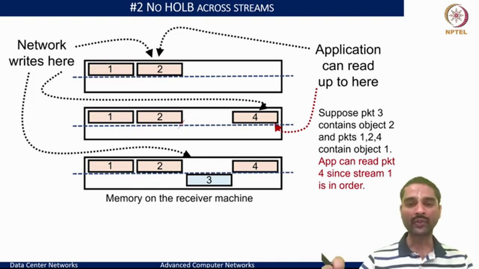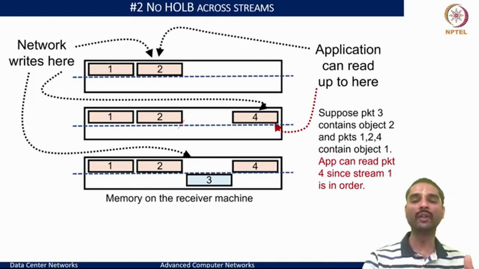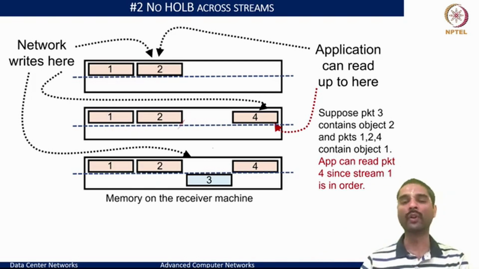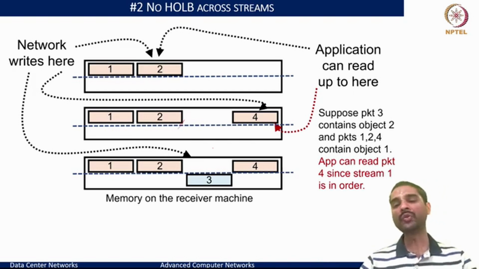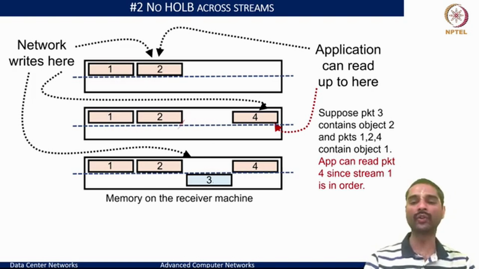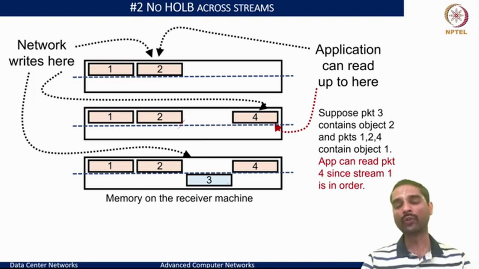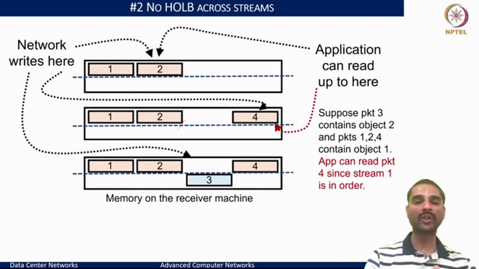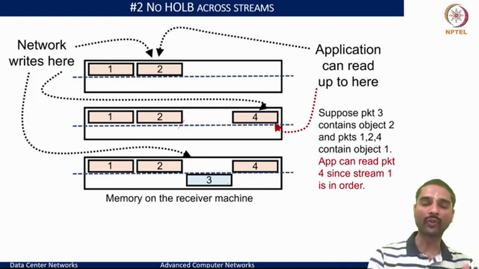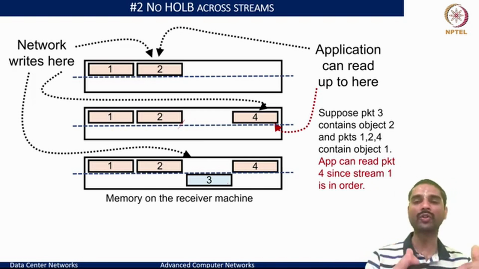And this ensures that the browser can work out 1, 2, and 4 together and render the object as soon as you receive packet 4. And eventually when packet 3 is received, you'll see that this is for another object, and it could also take and build this sequence of the stream, and if that is a contained object, it could also render. So essentially this helps decouple the stream sequence of bytes from the packet sequence of bytes, ensuring that the application can be free of head of the line blocking and utilize the same connection.